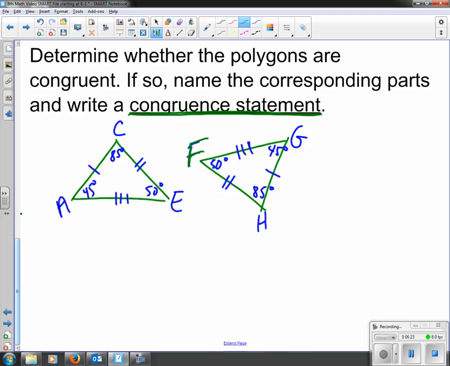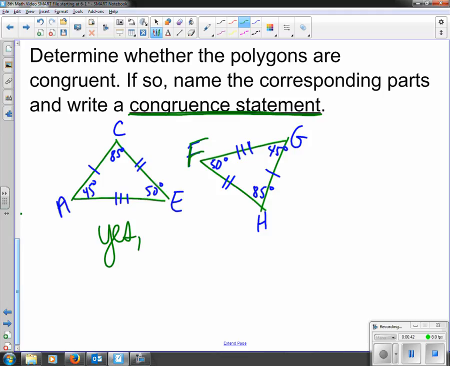And then line segment AC is congruent with GH. Line segment CE is congruent with HF. Line segment AE is congruent with line segment FG. Okay, so yes,